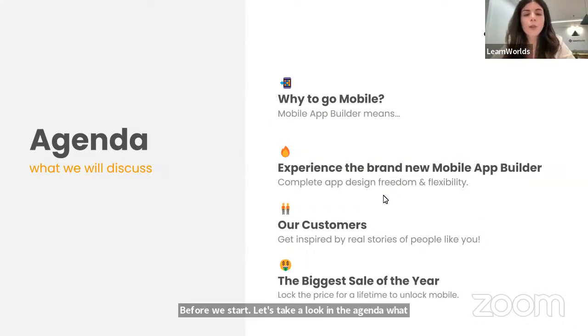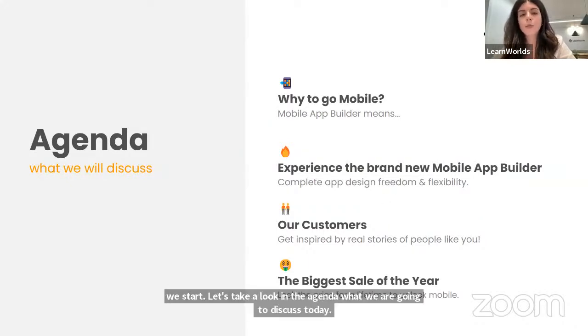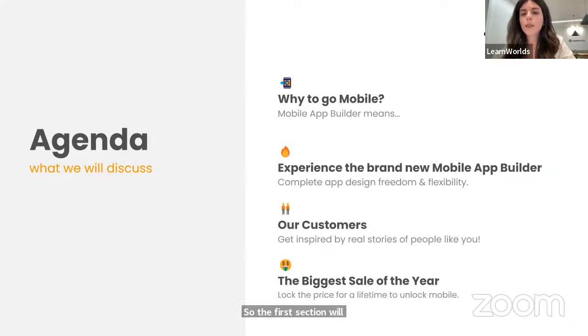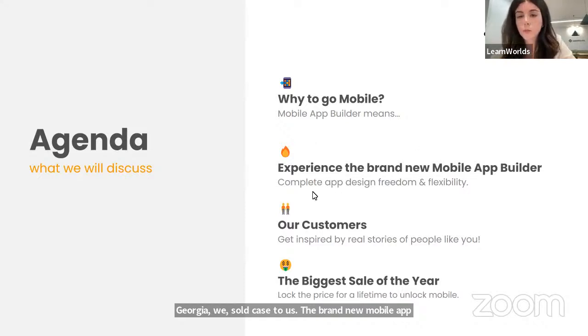Before we start, let's take a look at the agenda, what we are going to discuss today. The first section will focus on why to go mobile, what the mobile app builder means for your business. And then we are going to experience live in action. Georgia will showcase to us the brand new mobile app builder, so we are going to experience the complete app design freedom and flexibility that this product brings to your online learning business.